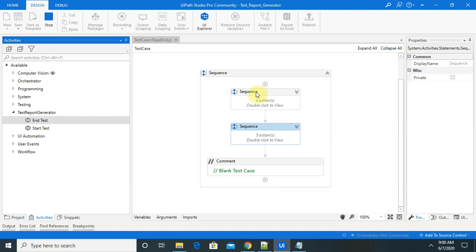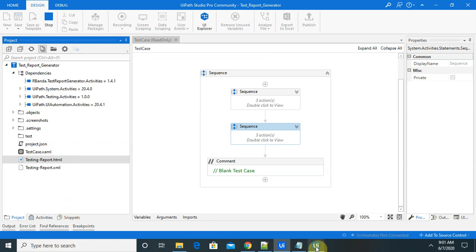You can also change the name of the sequence as per your test case name, so that for identification purposes it is very useful. Let's wait for completing the sequence and execution. Once execution is completed, we are able to see the report generated inside my project folder.